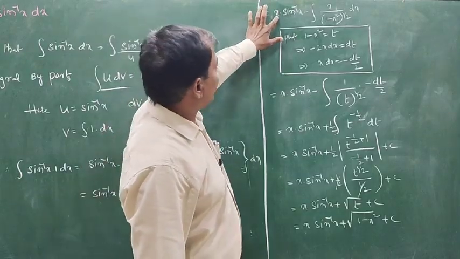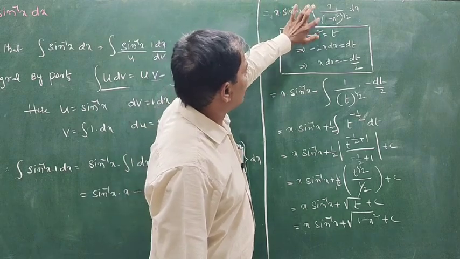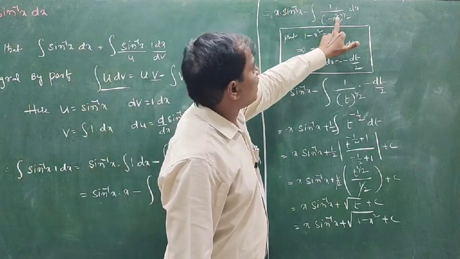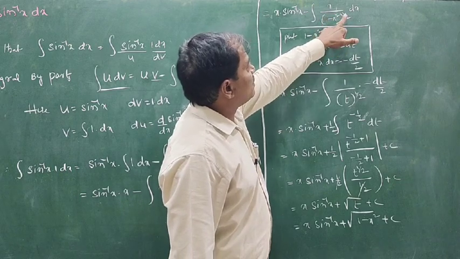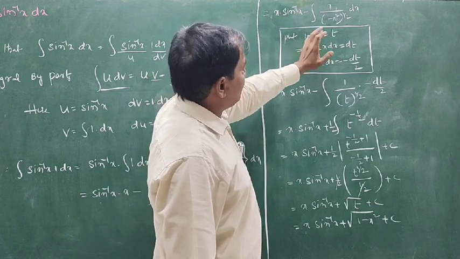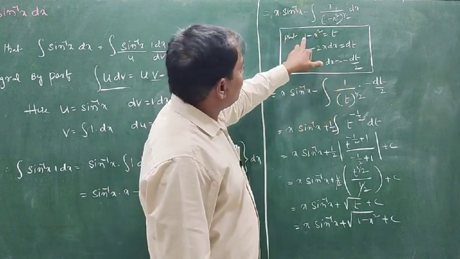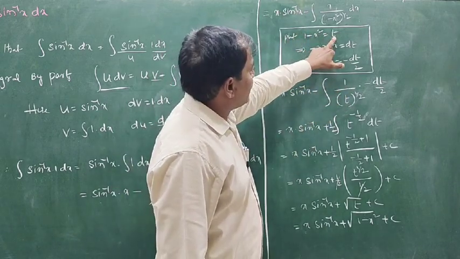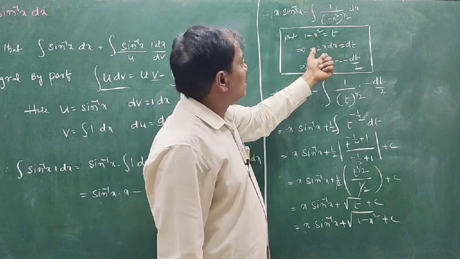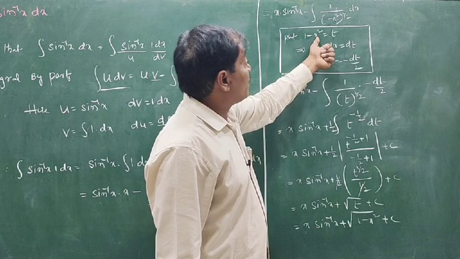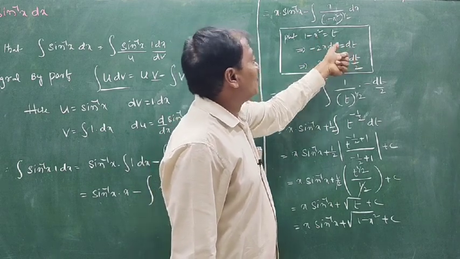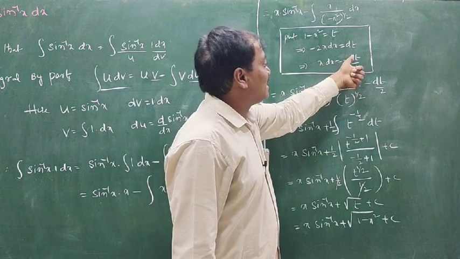Now this is x sine inverse of x minus the integral of x by under root of 1 minus x square, which can be written in this form: square root means power 1 by 2, dx. Here we use the substitution method. Put 1 minus x square equal to t and differentiate both sides: the differentiation of x square equals 2x dx, so minus dt. Therefore x dx equals minus dt by 2.